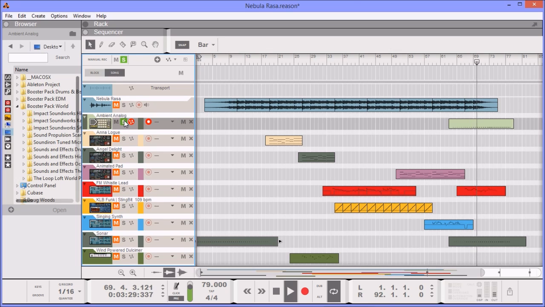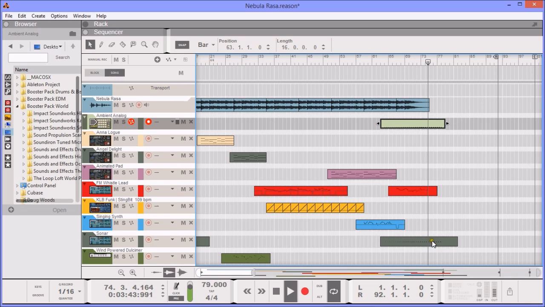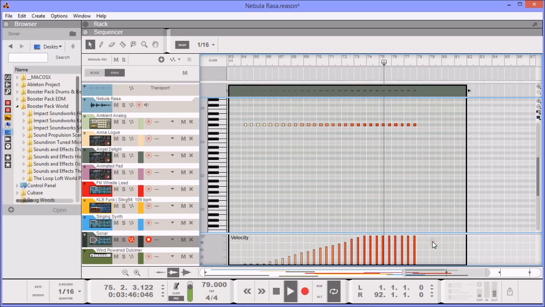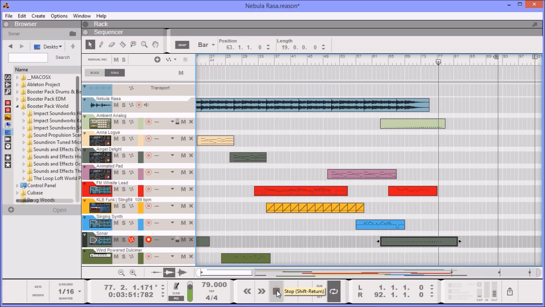As I started to fade out the Nebula Rasa track, this comes in a bit more prominent. I think it was the same as well for the Sonar again. Yeah, I faded that in. That was basically how I put it together.